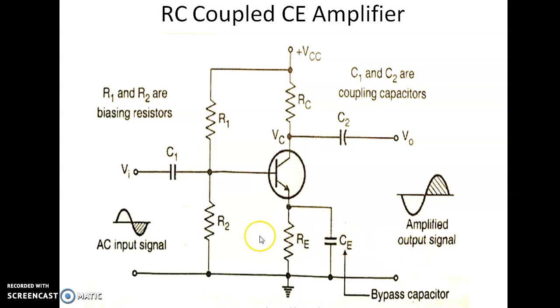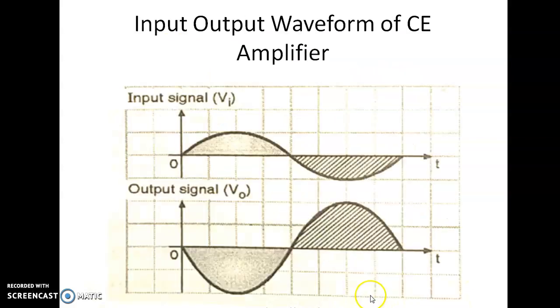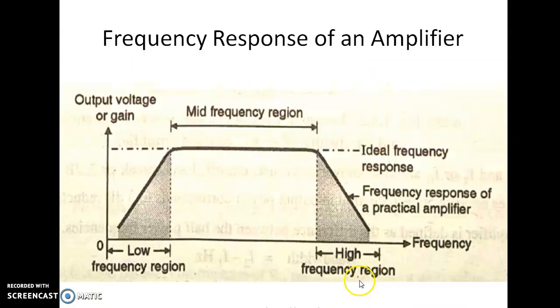The same thing is happening here. At low frequency it acts as an open circuit and we get the output voltage, but at high frequency it acts as a closed switch, and in that case the voltage gain goes on decaying. Because of the coupling and bypass capacitor, low frequency acts as an open switch and high frequency acts as a short circuit, a closed switch. That's why the voltage gain goes on decaying. So this is like a band pass filter, and we are getting the frequency response of an amplifier.